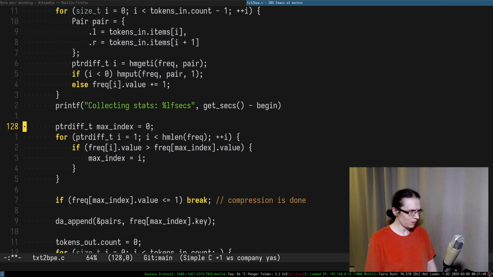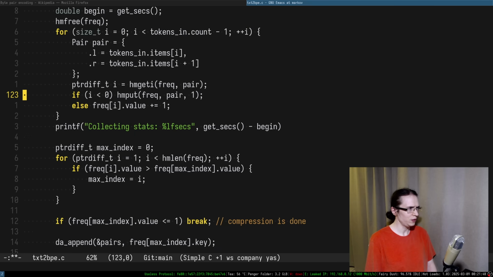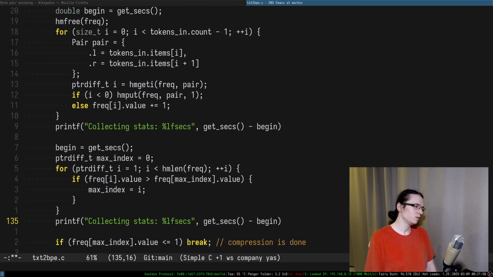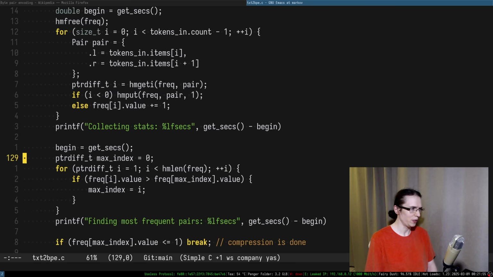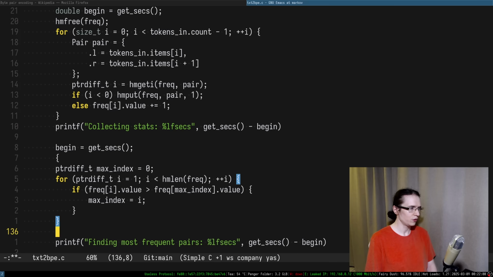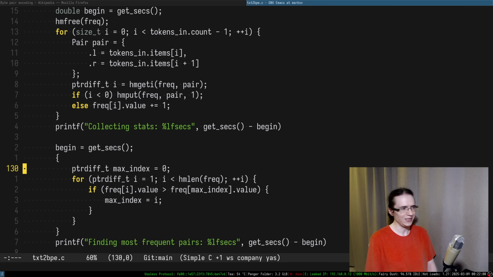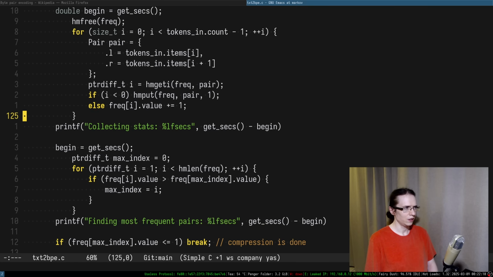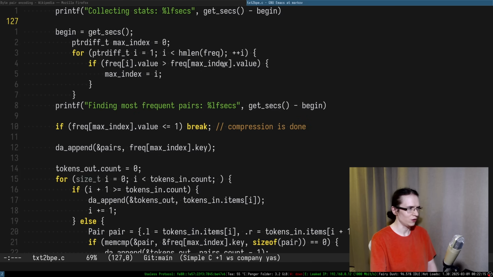stats, and then we can try to repeat this process one more time. So here I'm going to do the begin again, and then print like finding most frequent pair. So this is where we figure out most frequent pair. We might as well even wrap this entire stuff into sort of scope, so it indents a little bit, but I don't really like how it looks, so I think indenting it like this would be a little bit better. I don't really like that it hides some stuff in the scope. So this is the first one, this is the second one,